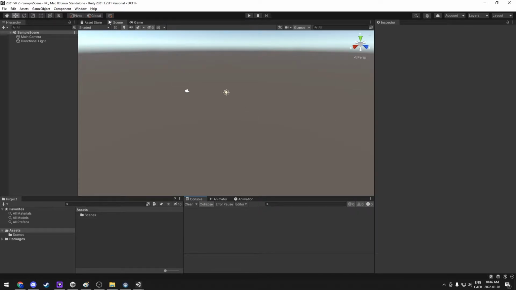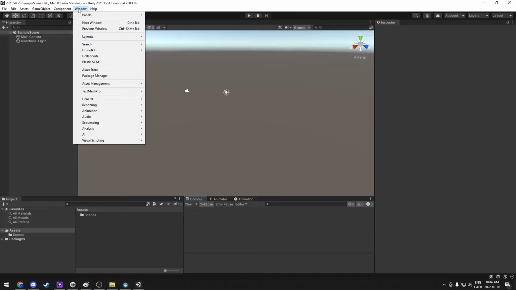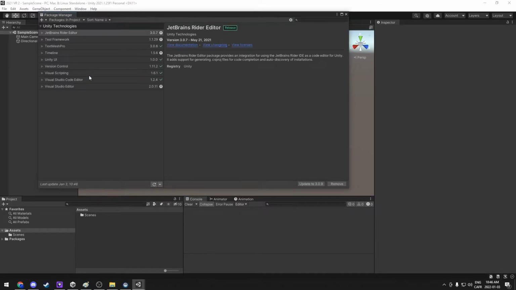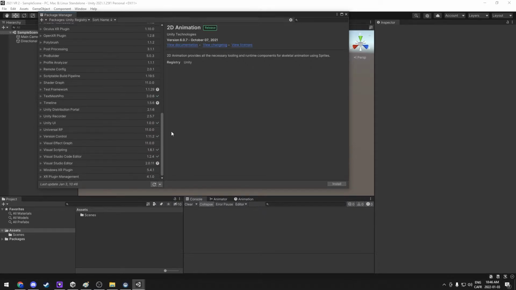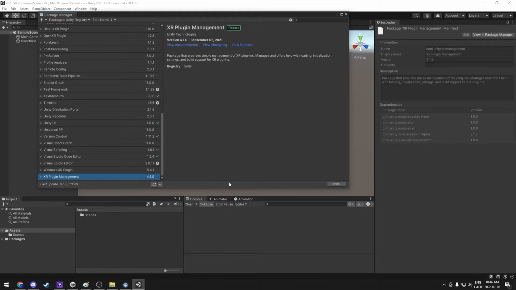So the first thing we're going to want to do is go up to Window up here, down to Package Manager, and we're going to grab a few packages to be able to set ourselves up to be ready to do some VR stuff. So just scroll down here, go off to XR Plugin Management, click on Install,